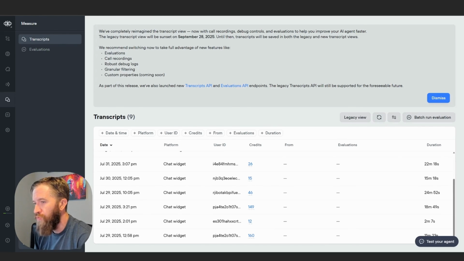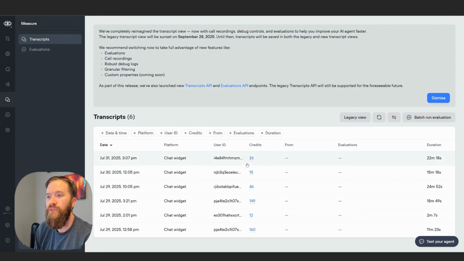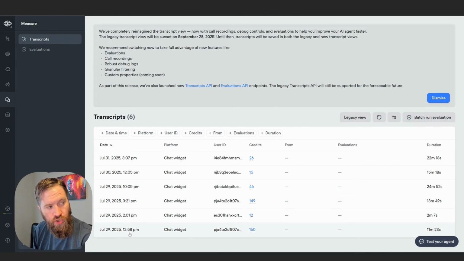I'm going to go through some of these updates so we can talk about what it is and how it is useful. This is the new transcript view. You can click legacy view and kick out to the old school transcripts at any time. This starts logging on July 28th.